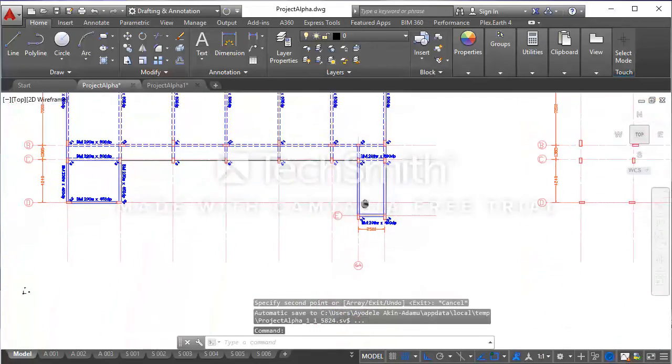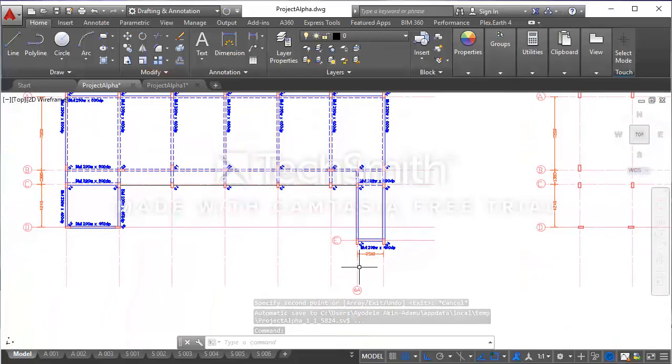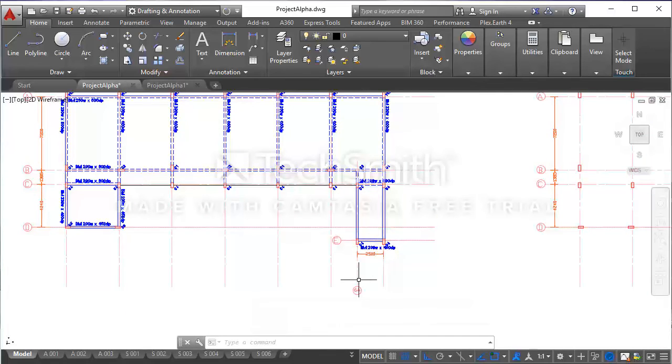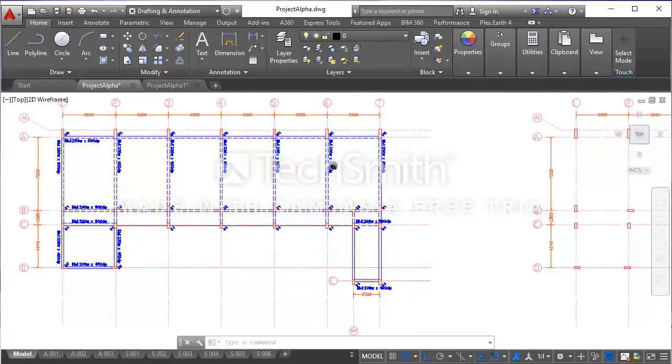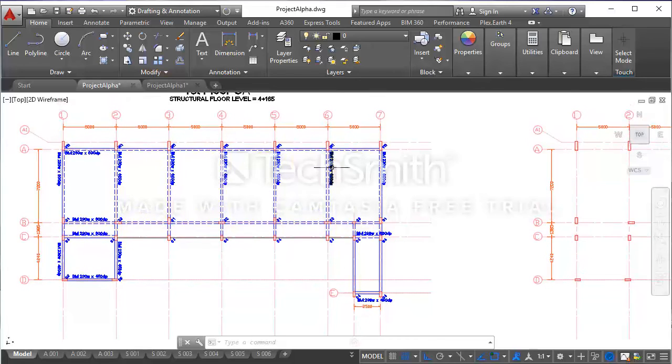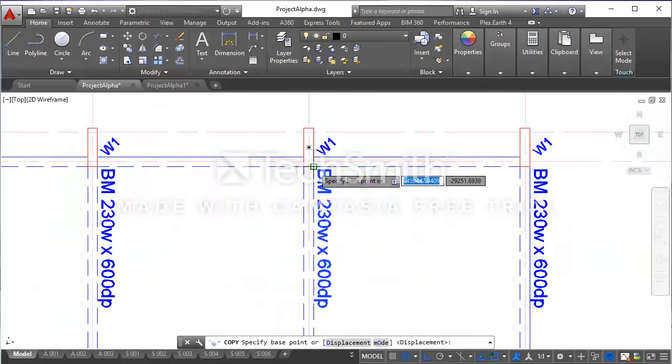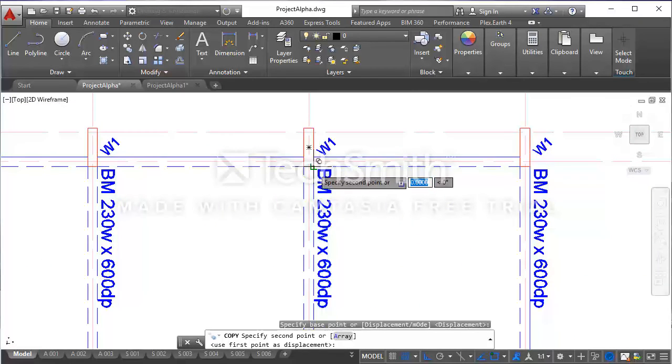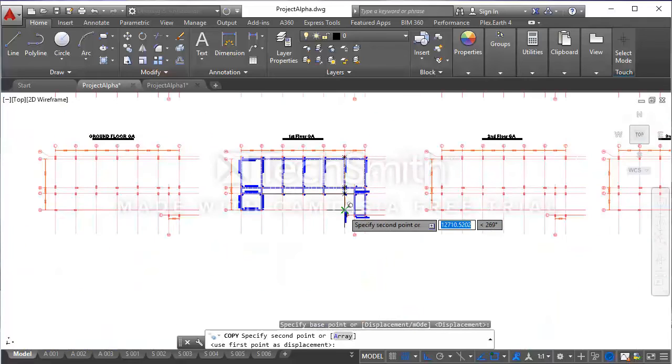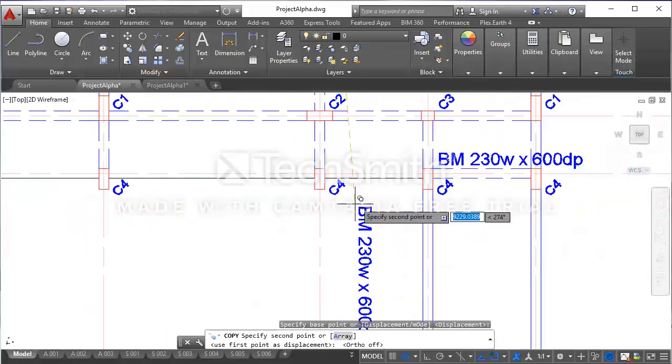We also need to place a beam label for grid line 6A. So I'm going to duplicate this label and copy it from this base point. Let me remove the auto command.